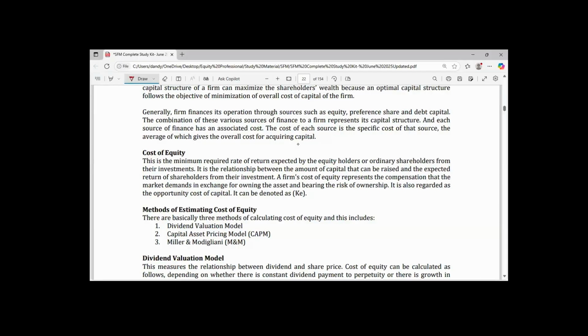And I told you that the traditional WACC will be computed when information on capital structure is given, that is, when you are given ordinary share capital, preference share capital, and debt capital, including their costs, such as dividend and then interest. When you are given such information in a question and you are asked to calculate cost of capital, you need nobody to tell you that you are expected to calculate the traditional weighted average cost of capital.